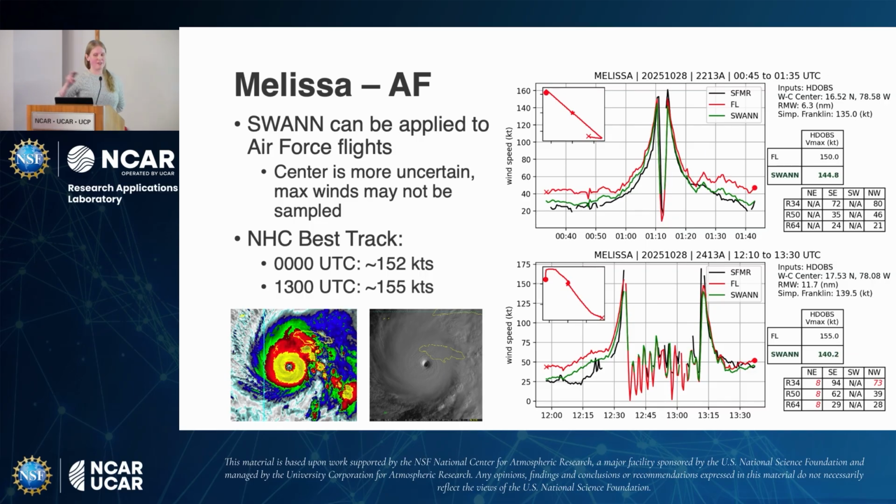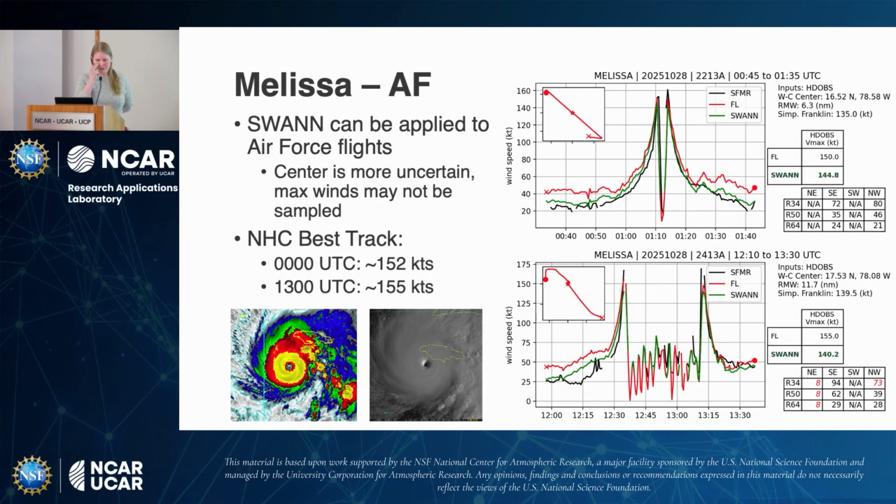So you don't have any TDR data. This is just the pure HDOBs files. And so we can certainly run that, and we get here, for example, the Vmax was 144 knots, 140 knots, and these are the corresponding satellite images at that time. We're definitely lower than NHC at this point, but it turns out for both of these flights, the Vmax was to the right, in this northeast quadrant, so the plane just wasn't sampling. So this kind of situational awareness needs to be considered.